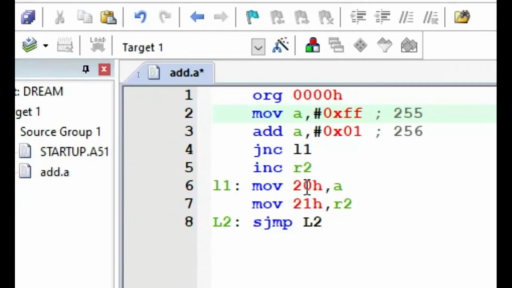So the 20th memory location will contain 00 and the 21st memory location will have the R2 content. If there is a carry, then R2 will get incremented, so the 21st memory location will have 1. So 100. Let us do it with the calculator for your understanding.